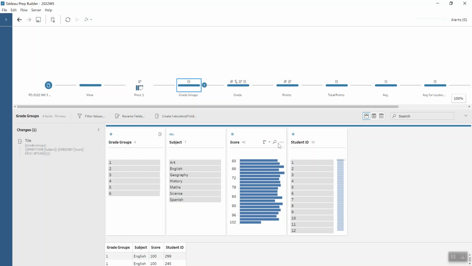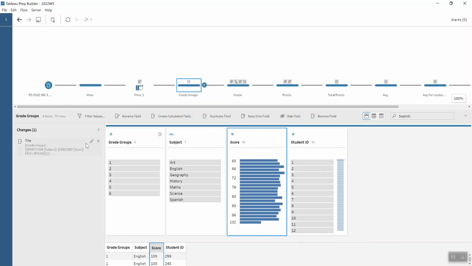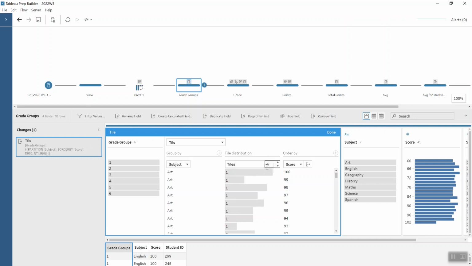If we go into the score, then we go to the create calculated field option, and there is this tile option there. This was my first time using it, so if I just expand out the calculation window for you, you will see that it starts off where the number of tiles is on 1. Carl told us we need 6, so we increase it to 6, and we're adding in this group by subject, so very similar to ranking, fixed LODs in prep. And now we have these groups